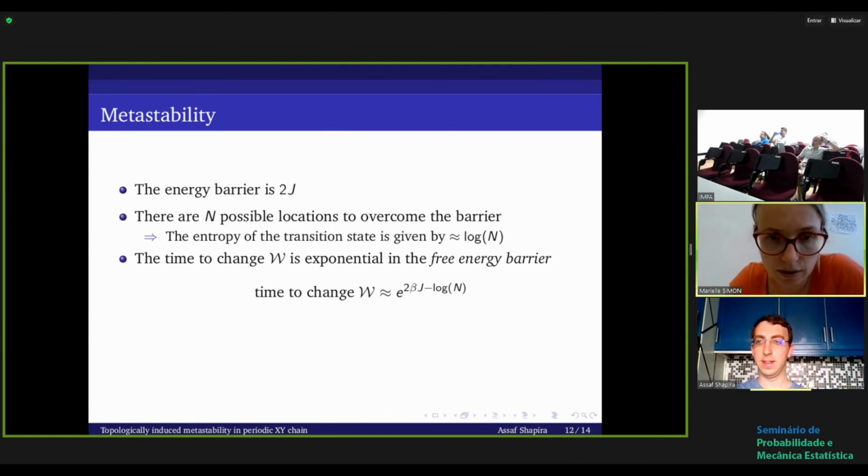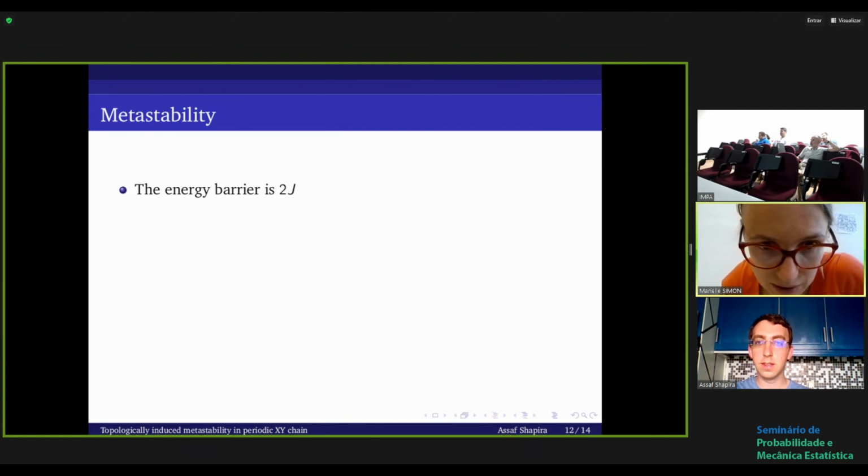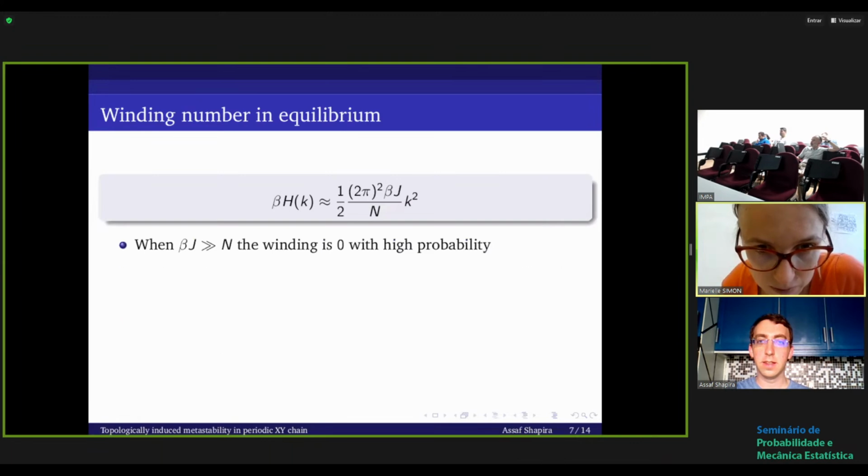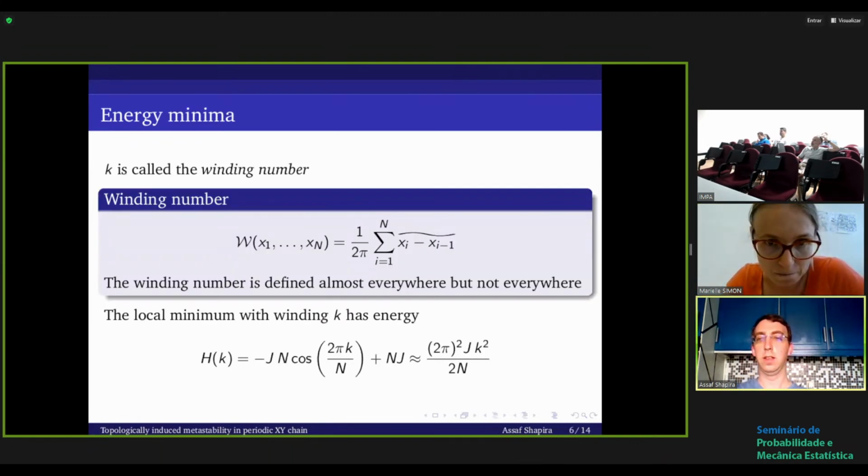Assaf, sorry, there is a question in the chat. I for some reason can't see the chat. So could you? So why can't you change W by adding plus C to each difference of x_y minus x_{y+1}? Why do you need a breakpoint to change W? So